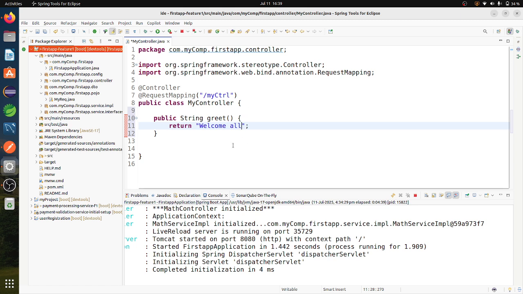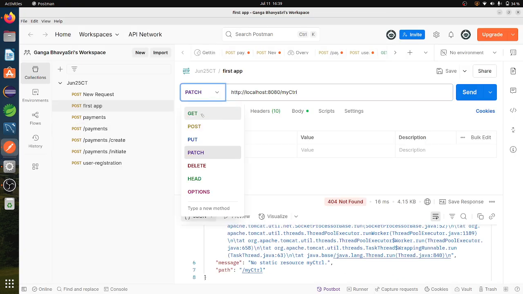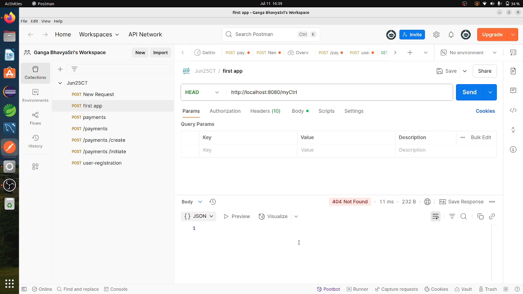So here I have a method now, but it is not mapped with any HTTP method. There are so many HTTP methods: get, post, patch. So basing on our criteria, we'll mention the type of mapping to our controller class method. Whatever the method that we pass, it will give you an error.